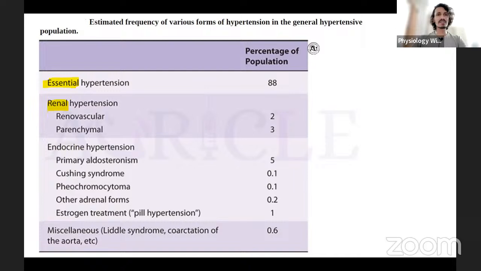Then apart from that, there are other causes. What we call primary. Sometimes the questions might come related to primary or secondary. So this is primary hypertension. Apart from that, any known cause will be an example of secondary hypertension. So what is primary hypertension, and what is secondary hypertension? Ultimately, what it's saying is that in essential hypertension, we do not exactly know the